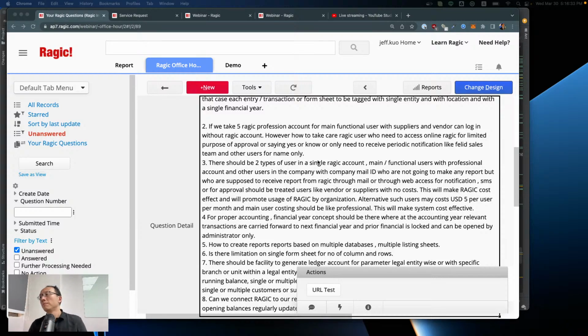Okay, so in this case, for internal users, Ragic charges by the number of internal users. So if you purchase named users, no matter how infrequently they access it, you will need to purchase a user for them. If it's an internal user who needs to log into the system to do anything on the system, you need to purchase a user for them. But of course, we understand that for large organizations, this might be costly. So if you're a large organization with lots of users that might access the database once in a while,